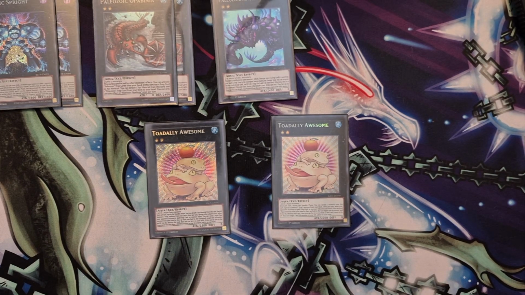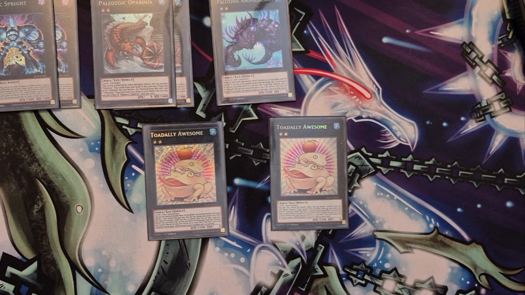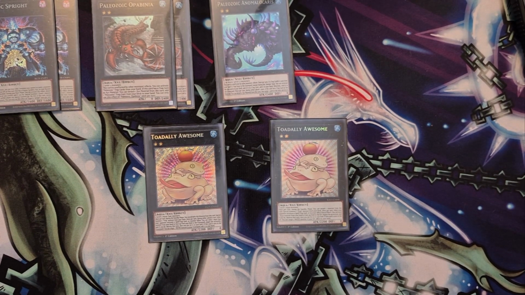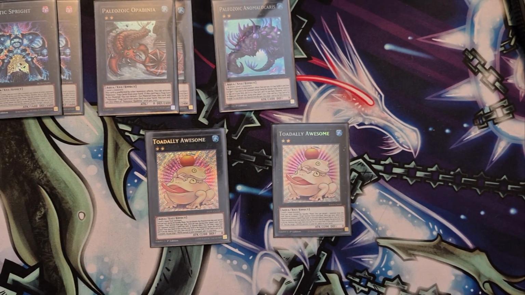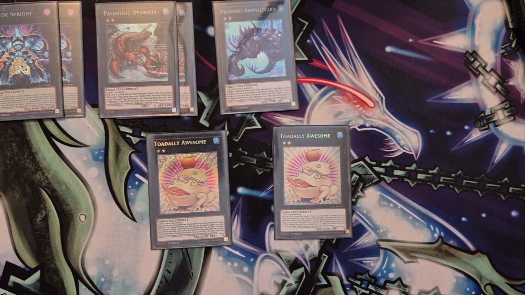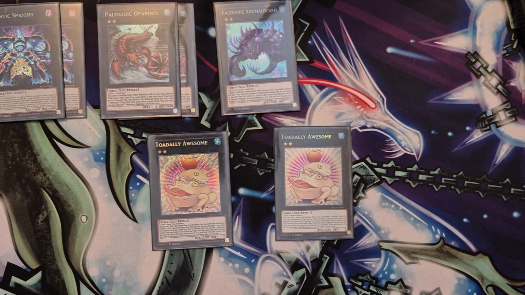Totally Awesome needs 2 Aqua monsters, which is perfect because that's all your Paleo traps. You can attach a material from this card, special summon 1 frog monster from your deck. We're not playing any frogs. 0 frogs here, except for this one. When your opponent activates a spell, trap, or monster effect, send an Aqua monster from hand or field to the graveyard to negate the effect and then set that card to your